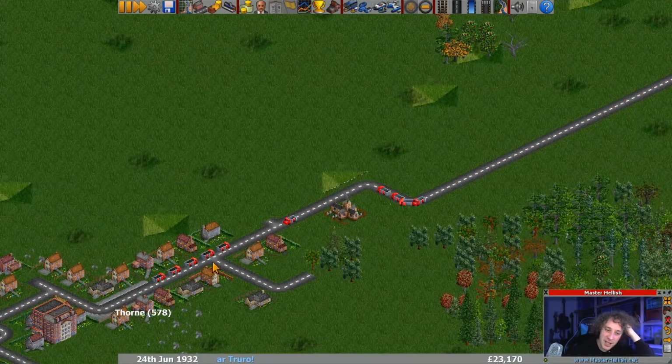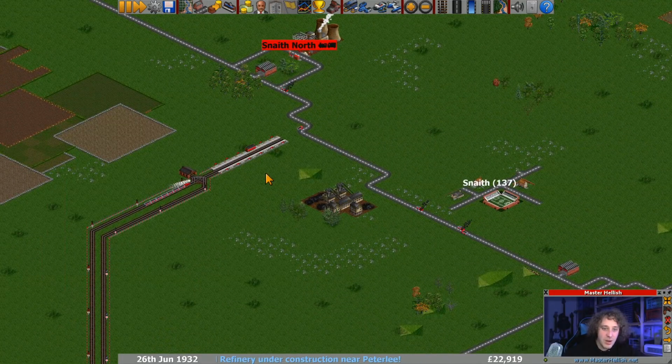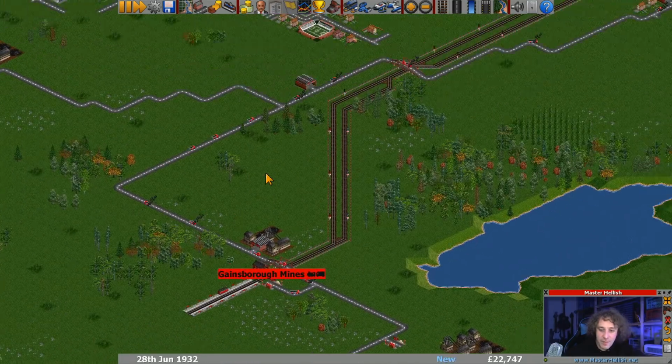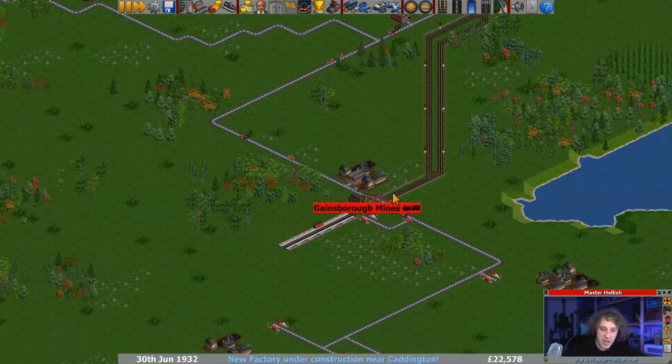They are bunching up a little bit though, and I'm presuming that's when one breaks down and they all then stack up behind. But it does mean that we get nothing for a little while, and then we get a sudden influx of money, because we've been just below 23 grand now for a while. But this train's coming through, so